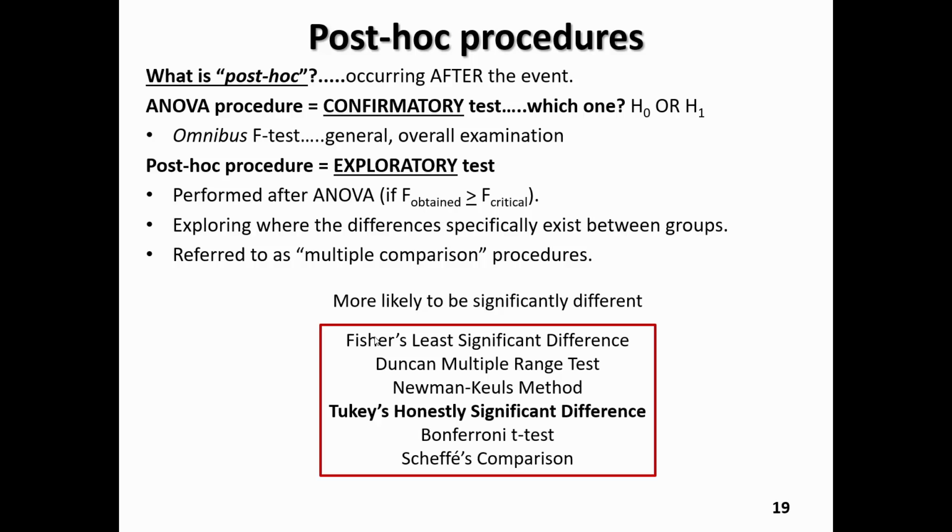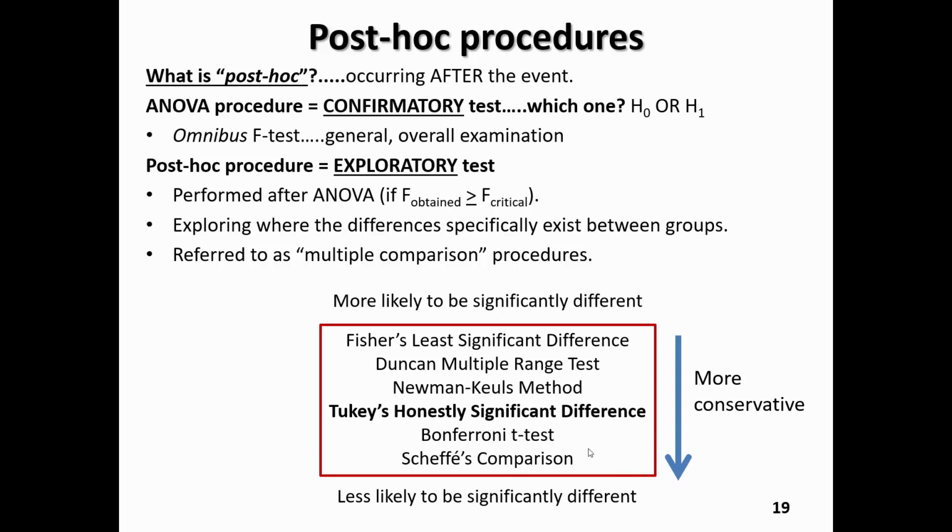The one at the top, Fisher's least significant difference, is a statistical approach that is more likely to find significant differences inside those 5 groups. On the far other end, the Scheffé comparison is a statistical procedure that is less likely to find significant differences among those 5 groups. And so when we take a look at this list, from the Fisher's all the way through the Scheffé comparison, these are said to be more conservative,